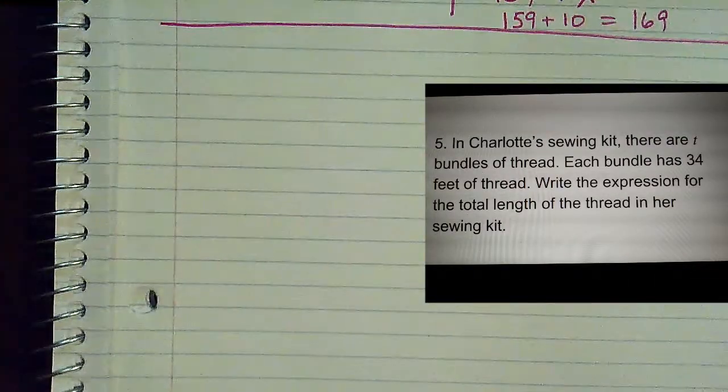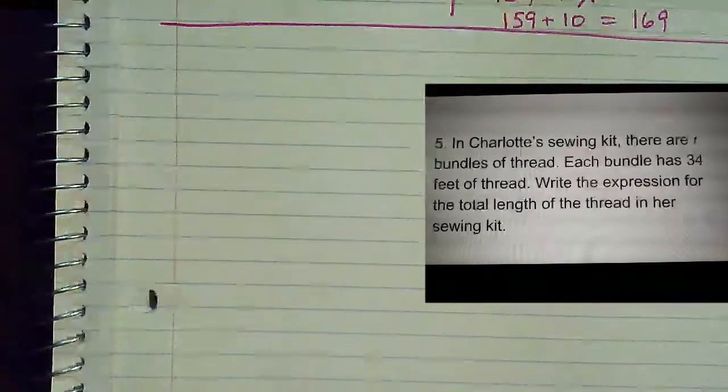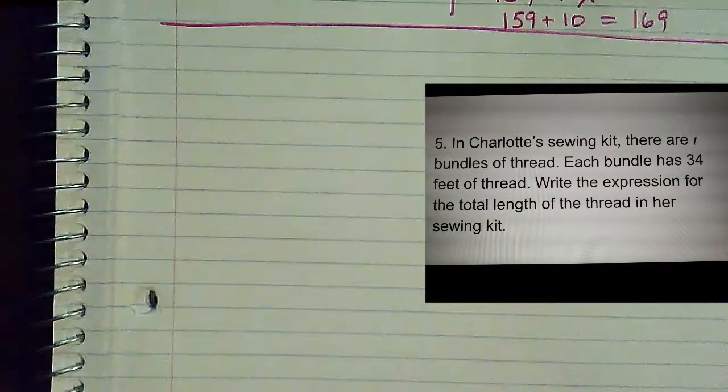In Charlotte's sewing kit, there are T bundles of thread. Each bundle has 34 feet of thread. Write the expression for the total length of the thread in her sewing kit. So we'll go ahead and pause this and let you figure that out. Okay, so